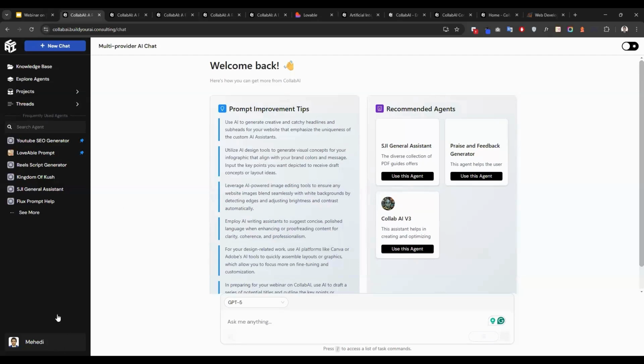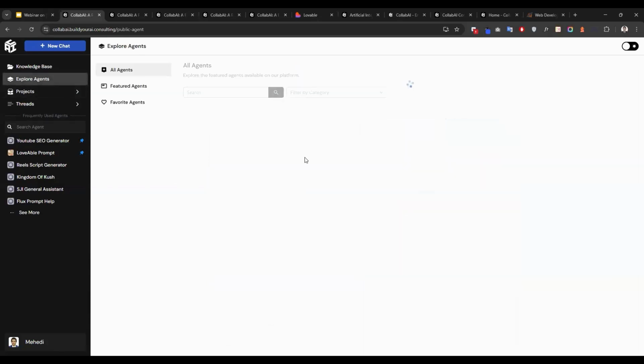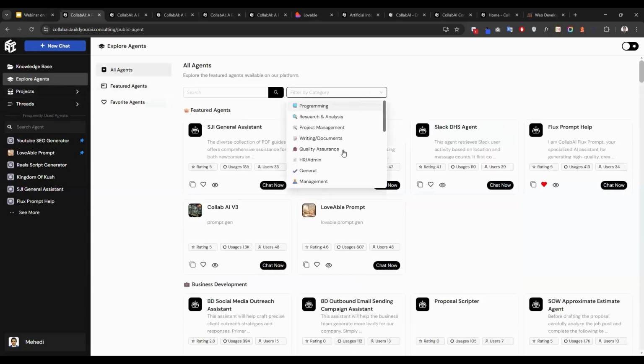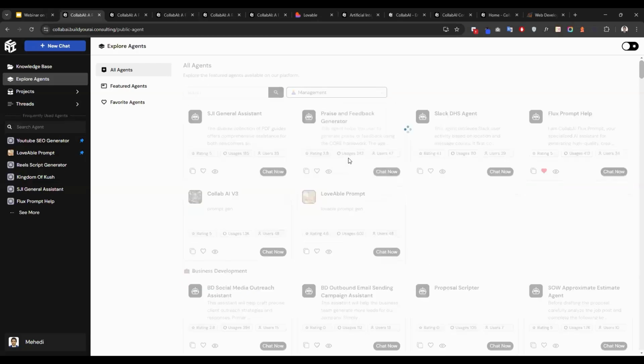So there are two kinds of agents. One is explore agents. From there you can have the agents that are created with us, those are ready agents. You can check, just let it run for a bit. Okay, so here all of the agents, you can filter them by your preferences. If you are searching for an agent for management, you can filter them out.